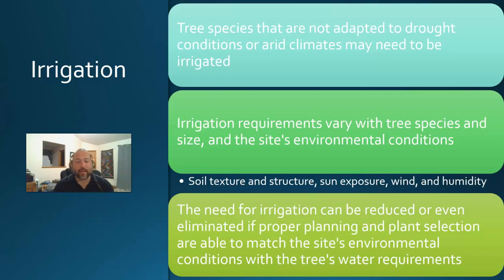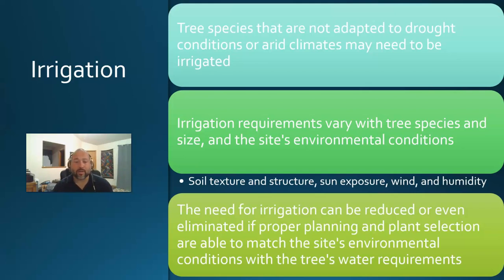And first disclaimer, plant trees in areas that make sense. If you're in a really arid area, like you live in Palm Desert, plant trees that are going to be adapted to drought-like conditions. But if you have to plant trees that are not adapted to drought-like conditions, then you're